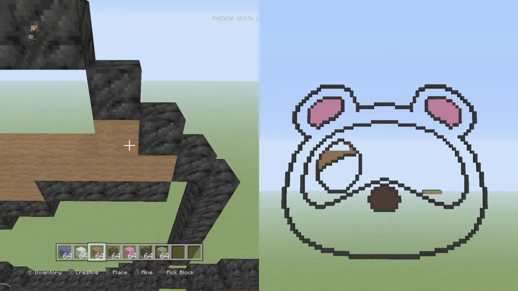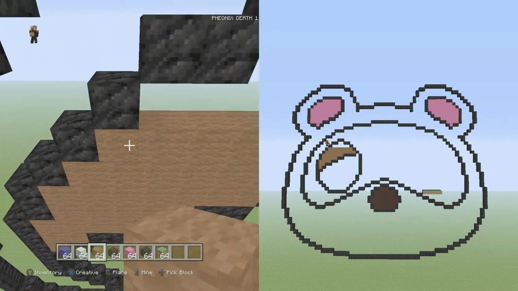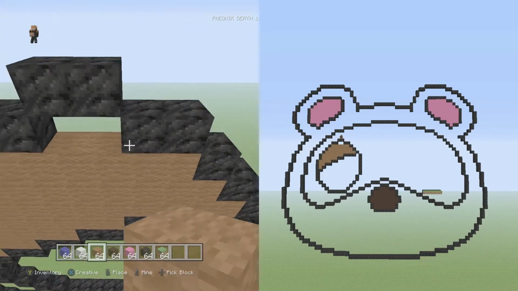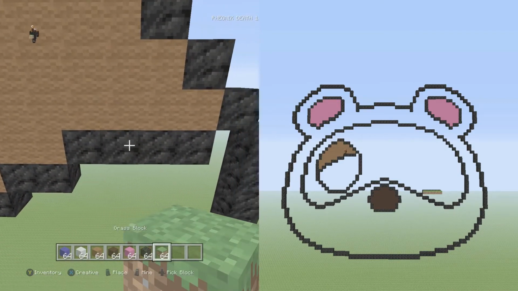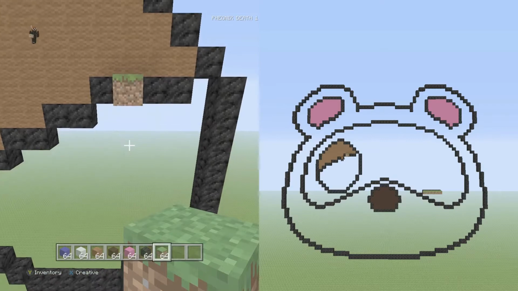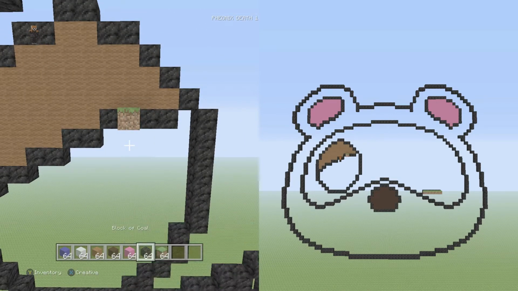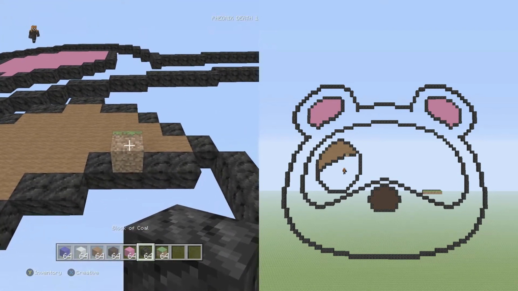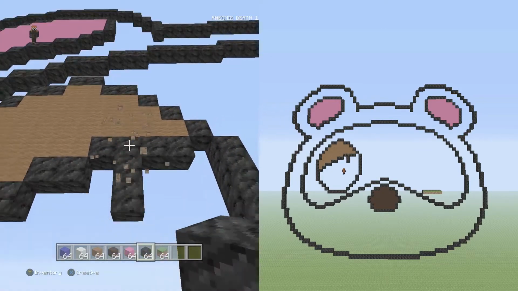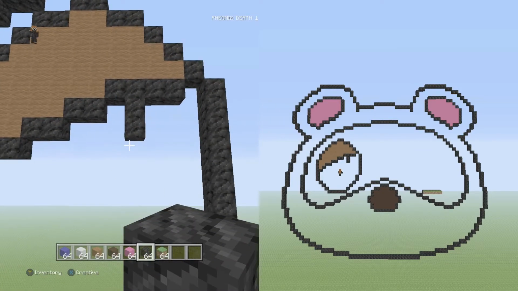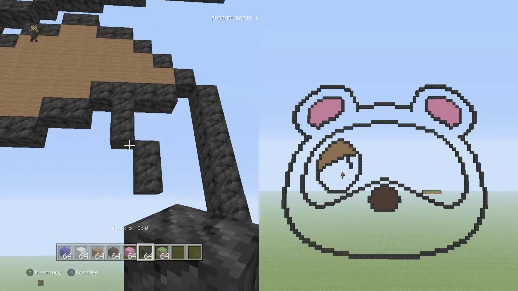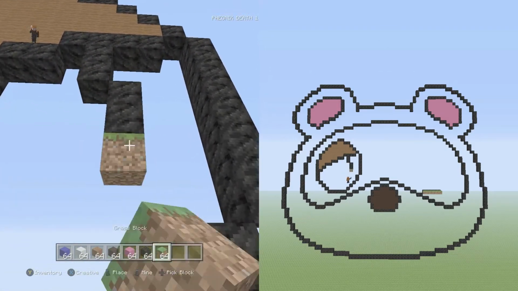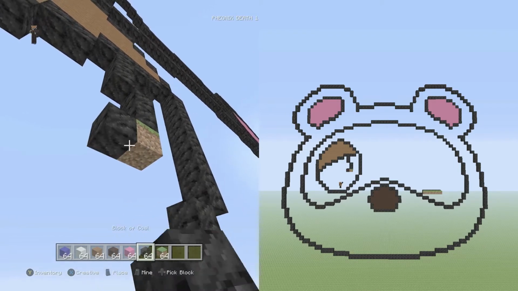So once you finish coloring this in with brown, we're going to go to the 4 flat, which was at the beginning of the eyelid, and I want you to find the second block from the left. So here's the 4 flat right here, and the second block from the left is this one right there, and we're going to switch over to our coal and put 2 going underneath it, 1 2. We're then going to go down into the right 2 vertical, 1 2, down into the left 3 vertical, 1 2 3,